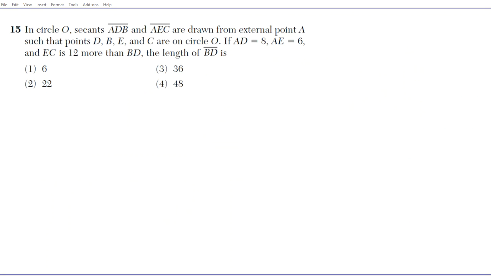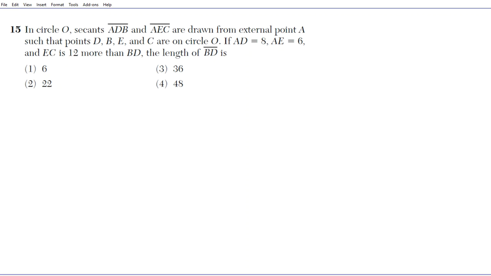All right, let's take a look at question number 15. It reads, in circle O, secants ADB and AEC are drawn from external point A such that D, B, E, and C are on circle O. If AD is 8, AE is 6, and EC is 12 more than BE, the length of segment BD is... All right, so let's take a look at the formula that's going to be guiding us